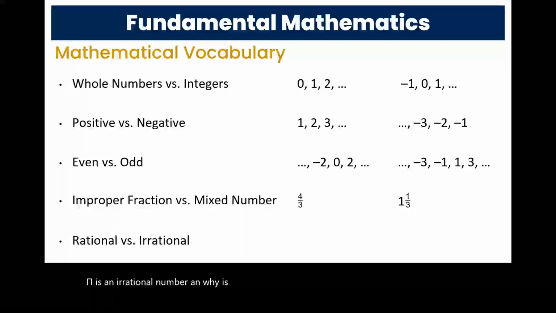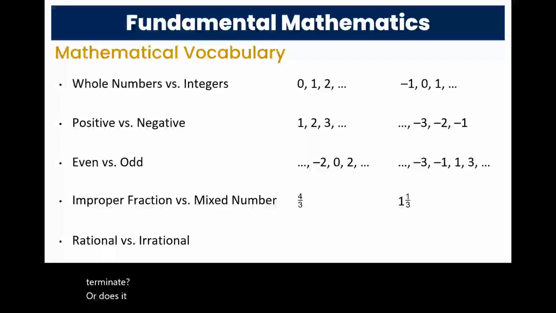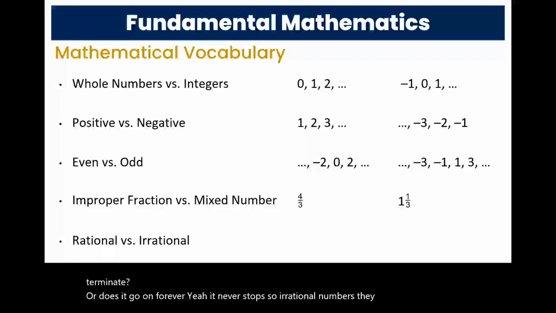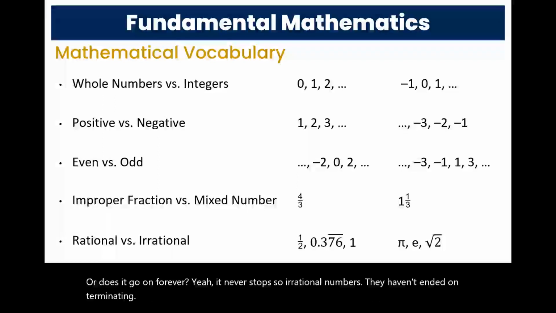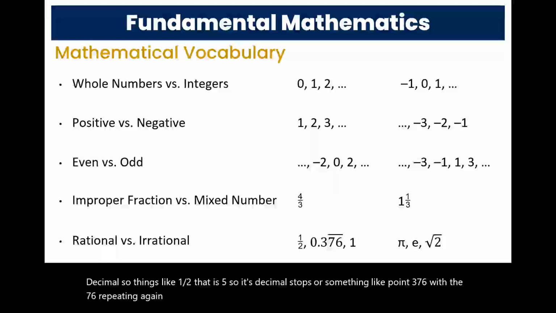Because if you look at pi, does its decimal ever terminate? Or does it go on forever? Yeah, it never stops. So irrational numbers have a non-terminating decimal. So things like 1/2, that is 0.5. So its decimal stops. Or something like 0.0 or 0.376 with the 76 repeating again and again, that actually is